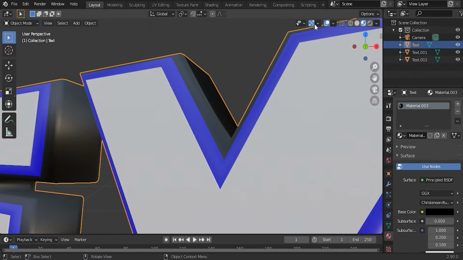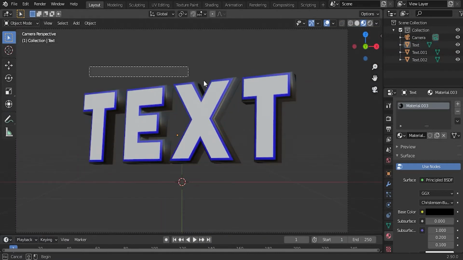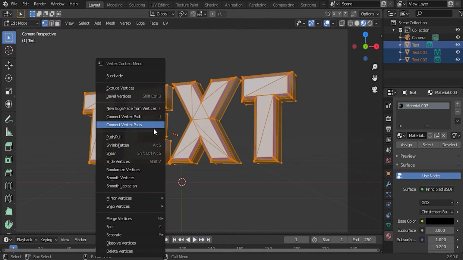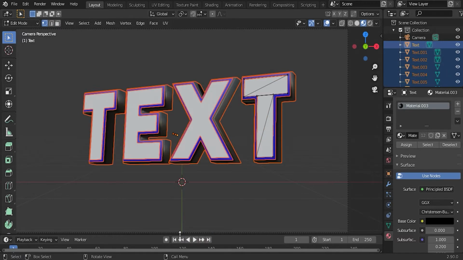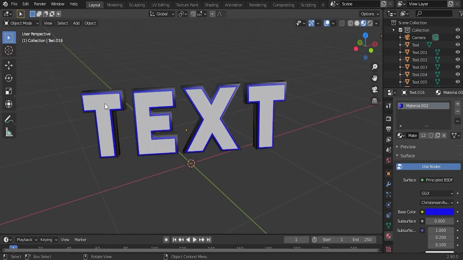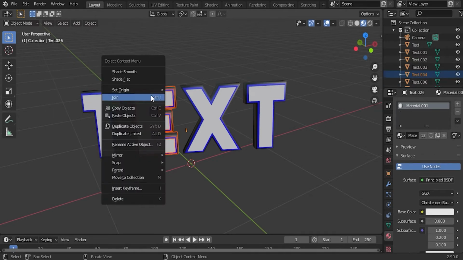And if we come to the material preview, you can see this is what it's looking like so far. Alright, so go ahead and select all the text again. Let's go into edit mode and hit A to select all, right click, separate by loose parts. So now all of these letters are separated by themselves. So now we can go ahead and join all of these letters together. So right there, I'm gonna join all of these